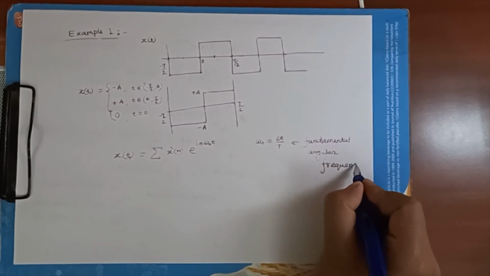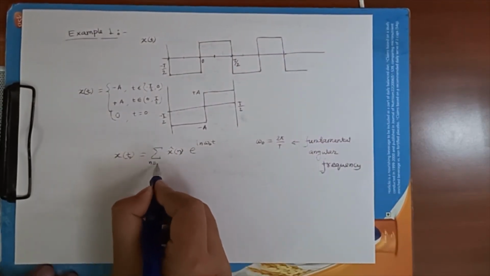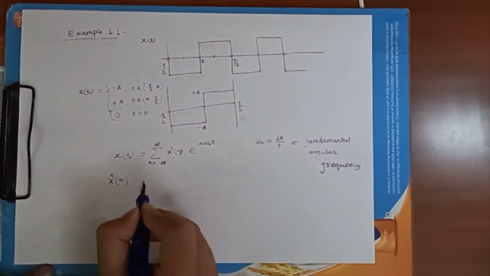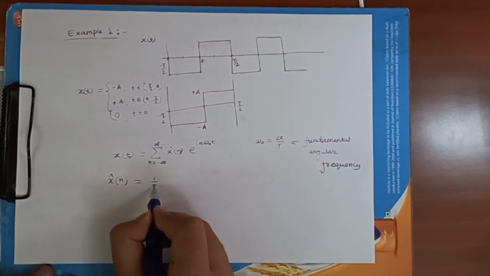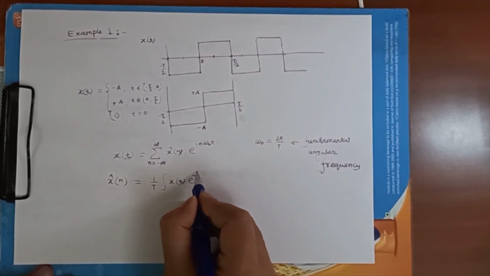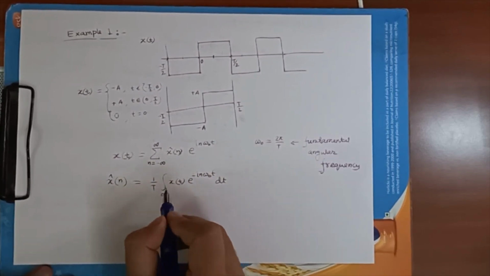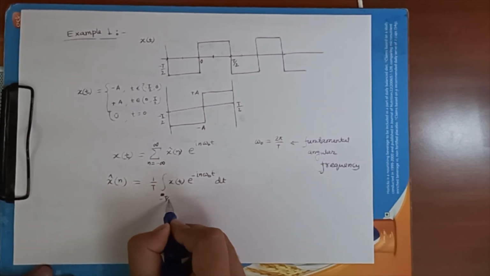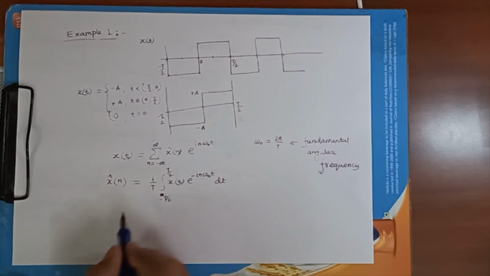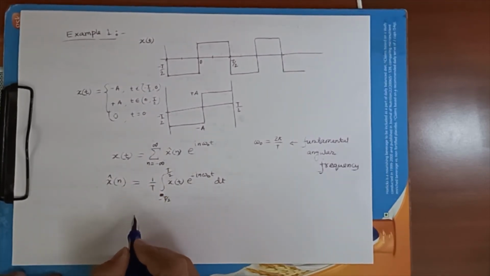The frequency. Now this is for n equal to minus infinity to infinity. What is this x hat n? The coefficient. The coefficient is computed by the inner product between x(t) and e to the power i n omega 0 t. So this is the formula for the inner product. Sorry, this is minus T by 2 to T by 2. That is the interval we have assumed, not 0 to T. That's fine. So now put x(t) here and let us try to solve the integral.